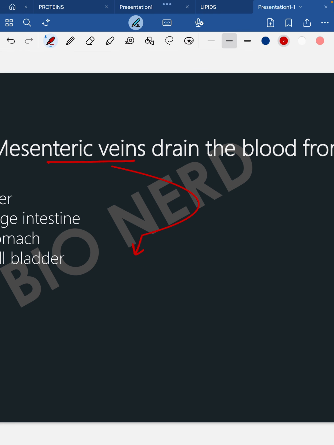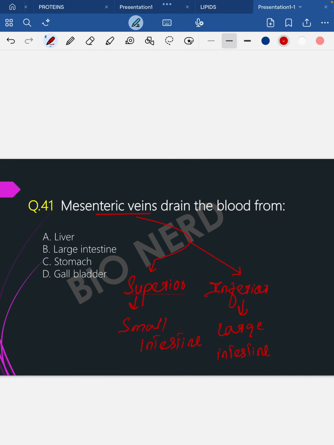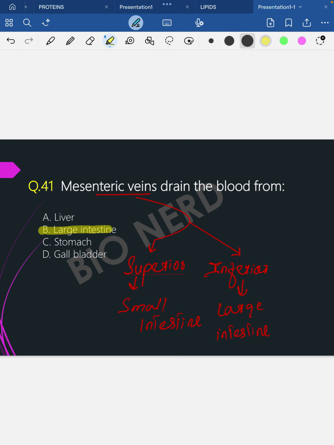One is the superior mesenteric vein and the other is the inferior mesenteric vein. Superior mesenteric vein receives blood from the small intestine and inferior mesenteric vein receives blood from the large intestine. Okay, so here the option large intestine will be the best option. Okay,